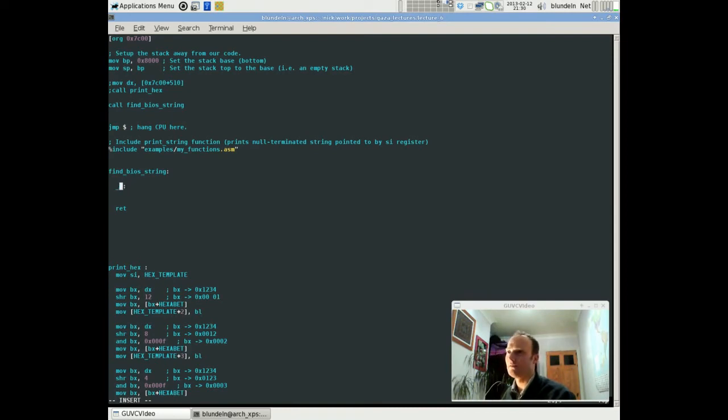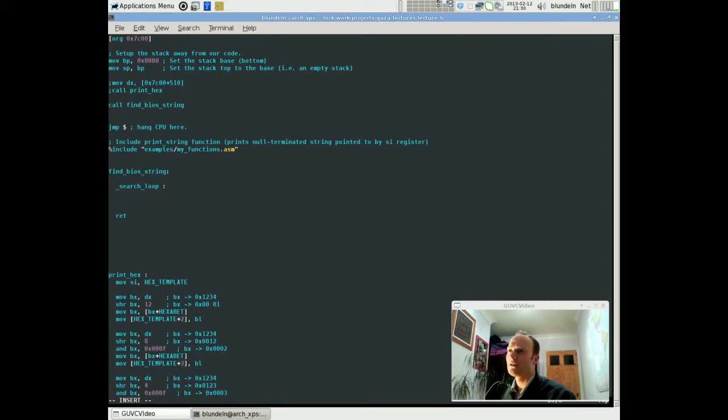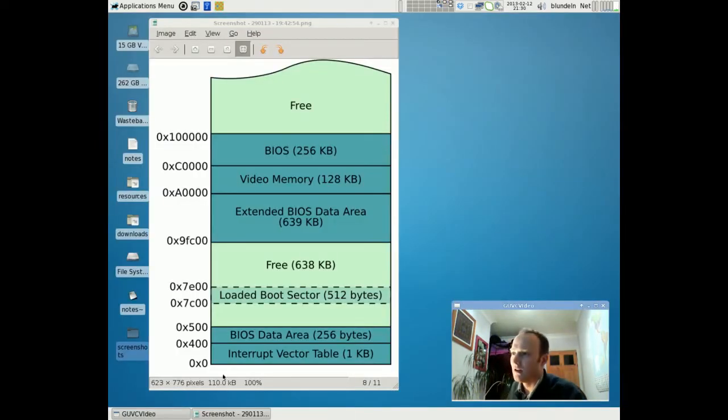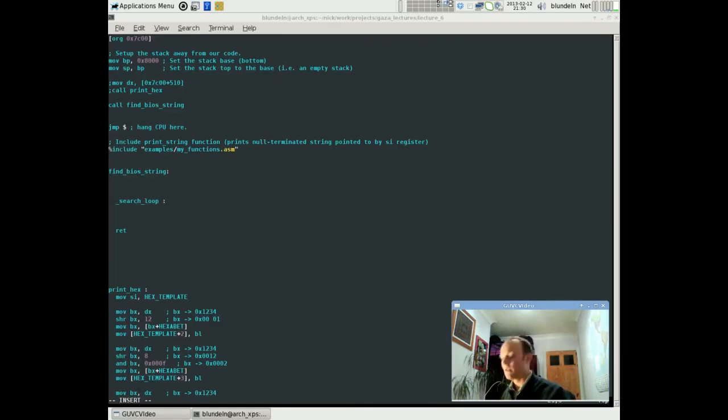Let's call it search loop. Okay, so in my search loop, let me use a register for a counter, and it's going to start at byte 0, we're going to increment it, and then we're going to look at byte 1, 2, 3. We're going to search through memory like that, starting at 0. So our thing is going to start here, and it's going to just search all the way up, looking for an interesting string. So we've got our search loop,